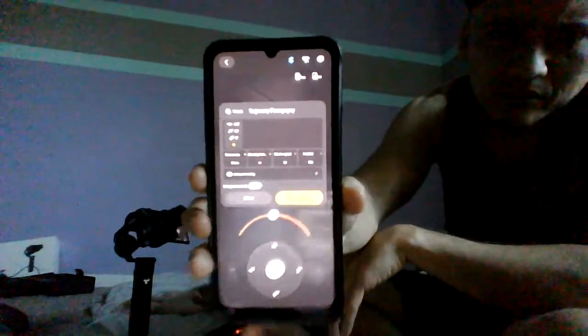Oh wow, it gives you more settings. Trajectory for photography, gives you photo mode, shooting interval, shutter speed, duration. Oh wow. I just wanted a regular picture. But anyways,